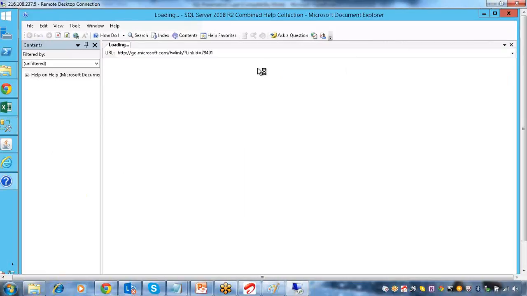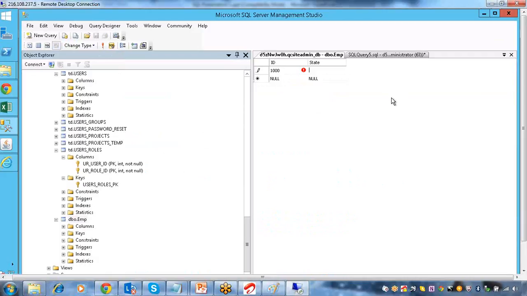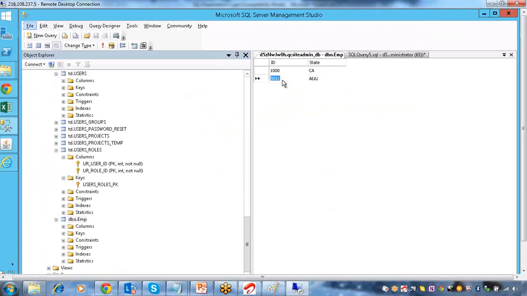So we are trying to create our tables, and then with the help of these tables, we will understand these